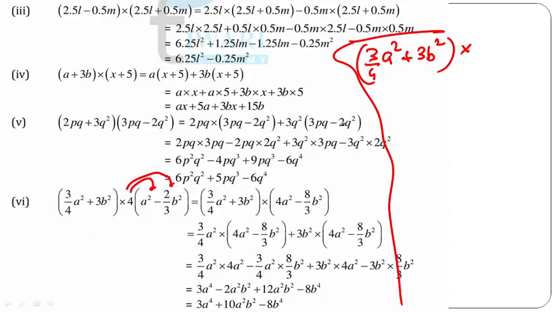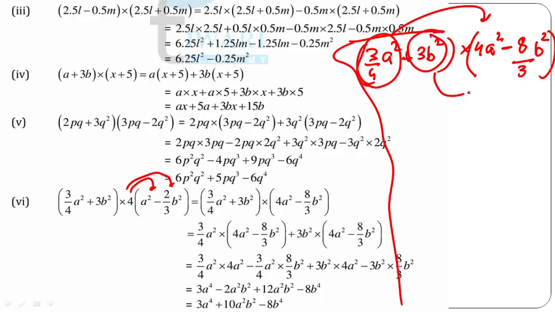First we will take this 4 inside the bracket. So 4 into a square is 4a square, minus 4 into 2 is 8 upon 3b square. Then we have to multiply this first term with all these terms, then the second term with all these terms. So you will obtain the answer to be 3a power 4, 10a square b square, minus 8b the power 4. Next we will do